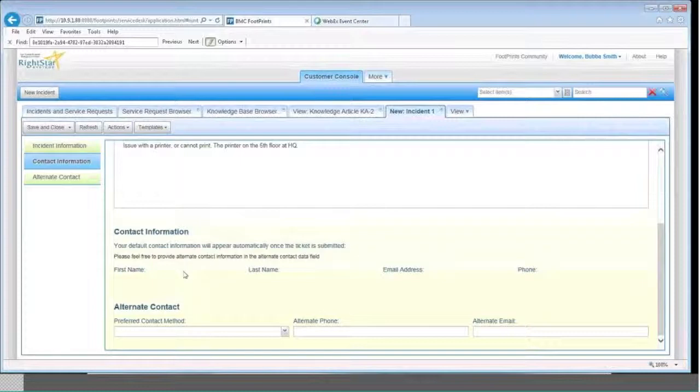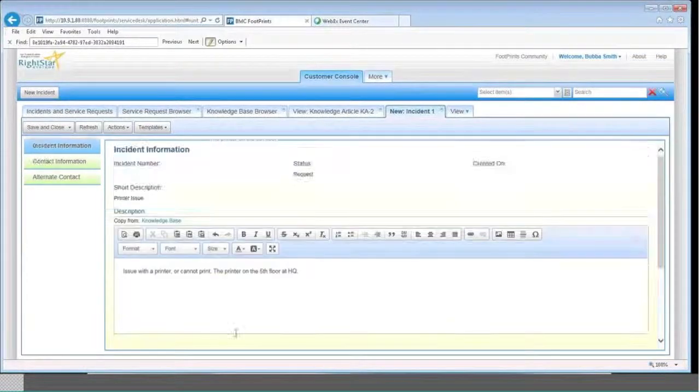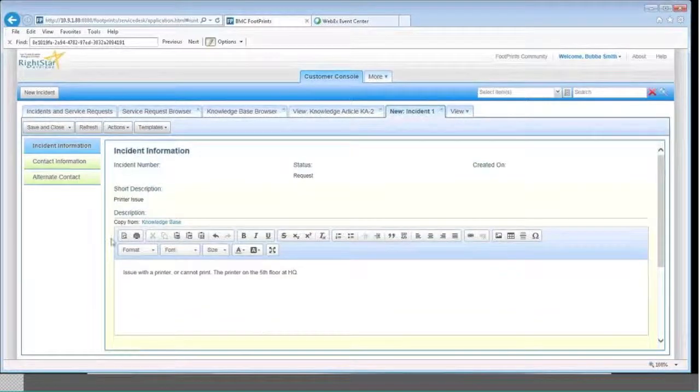Now, in this case, we've set it up so he doesn't have to fill in anything. Once he submits it, it should automatically populate his contact information. However, we have an alternate contact, and if he wanted to, he could put in an alternate phone number or alternate email rather than what we have in the database for him, and then he could say how he wants to be contacted, whether by email, mobile phone, or work phone. He's just going to let it default to the main stuff, and so at this point he can do save and close,